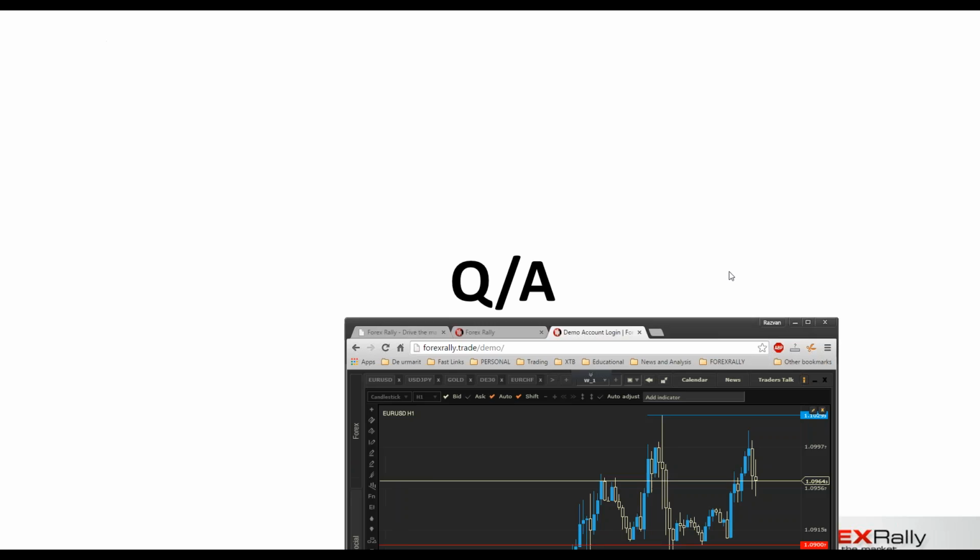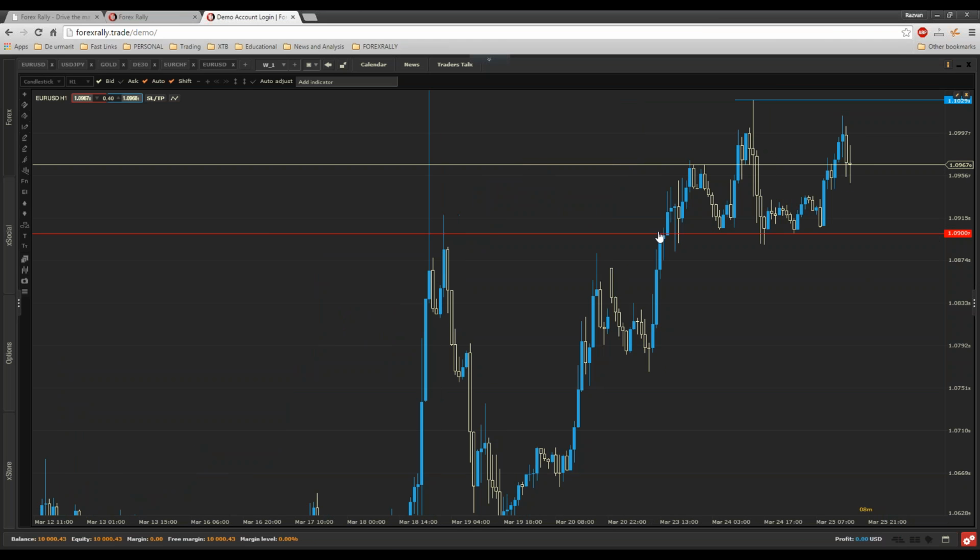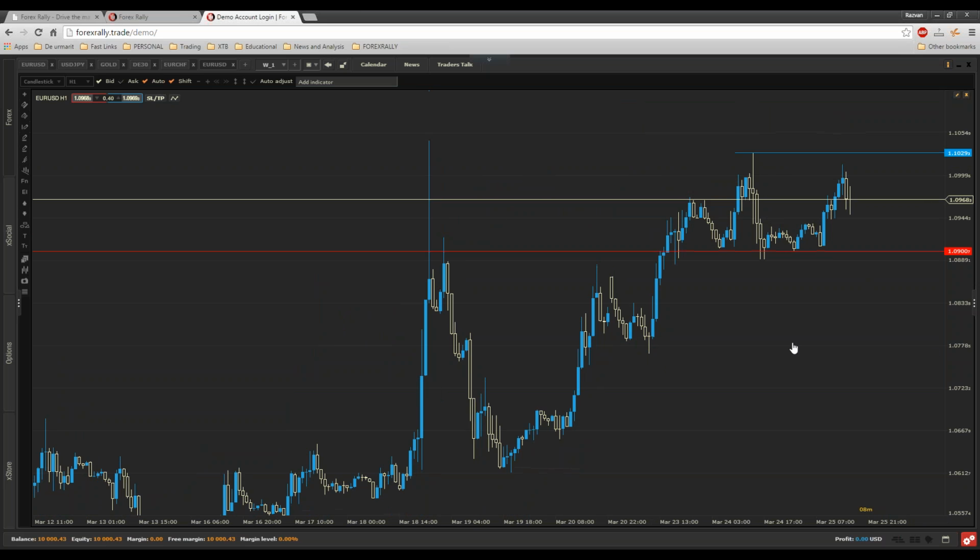What is the importance of the figures on the right hand side of the X axis? Now let's get back to the chart. You are asking me about these figures? Please confirm that I got it right. Right hand side, these are... Okay, now this is the price of an instrument. You have here euro dollar. This is the price at which euro dollar is trading right now.